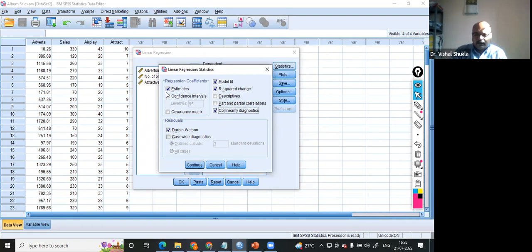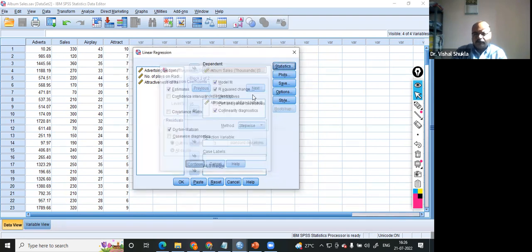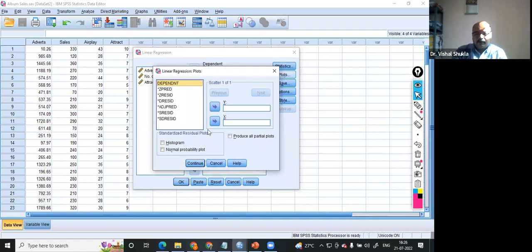So here you have to click estimates, which is by default clicked. Model fit is by default clicked. If you are doing hierarchical regression, R square change. For multicollinearity, collinearity diagnostics, and for autocorrelation, Durbin Watson. Continue. In plots,